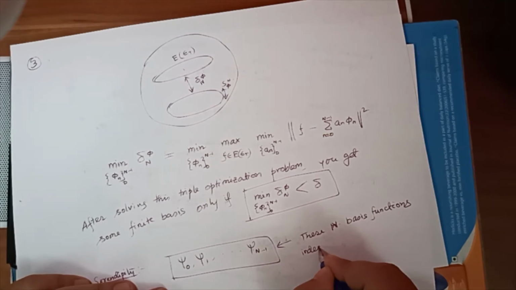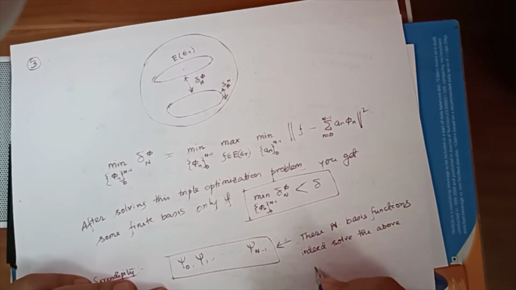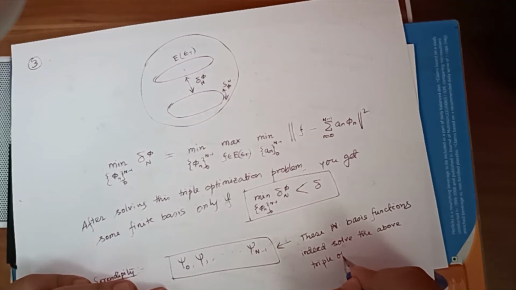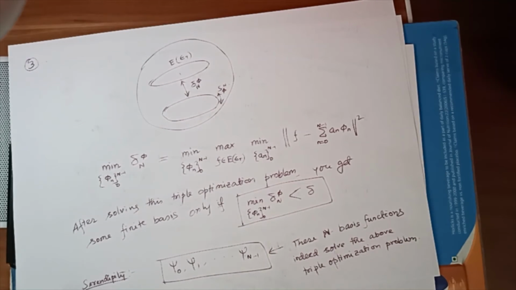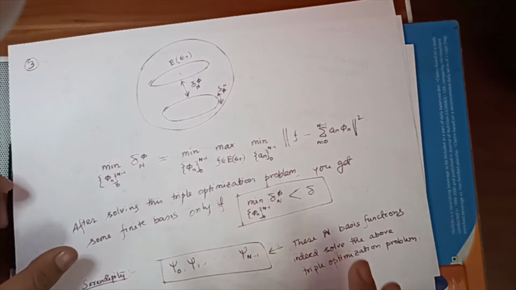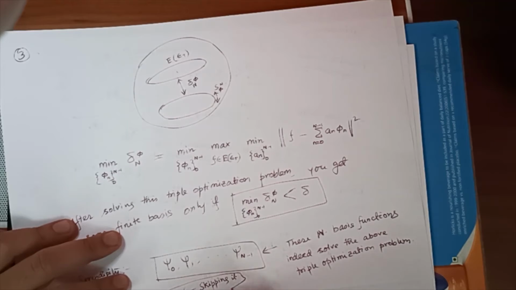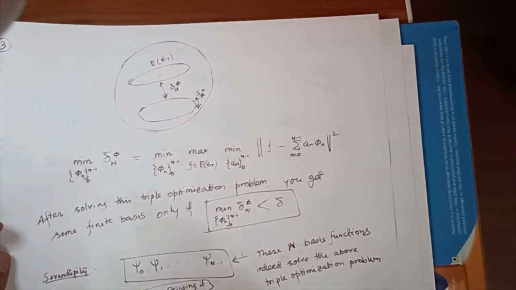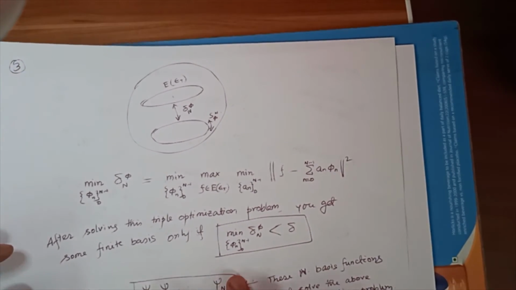indeed solve the above triple optimization problem. No other function. The proof is in that third paper, but I am skipping it. So if they are the optimization, they are the basis functions, those prolate spheroidal wave functions are the basis functions,